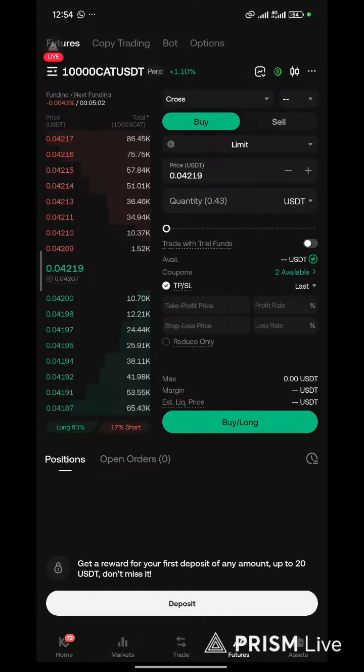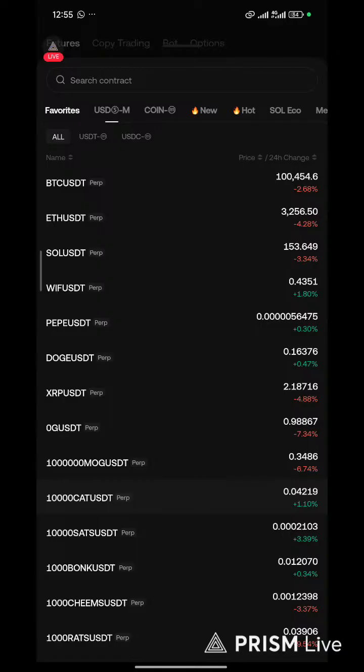Come to futures, select. You can tap here, because once you sign up, you are going to see